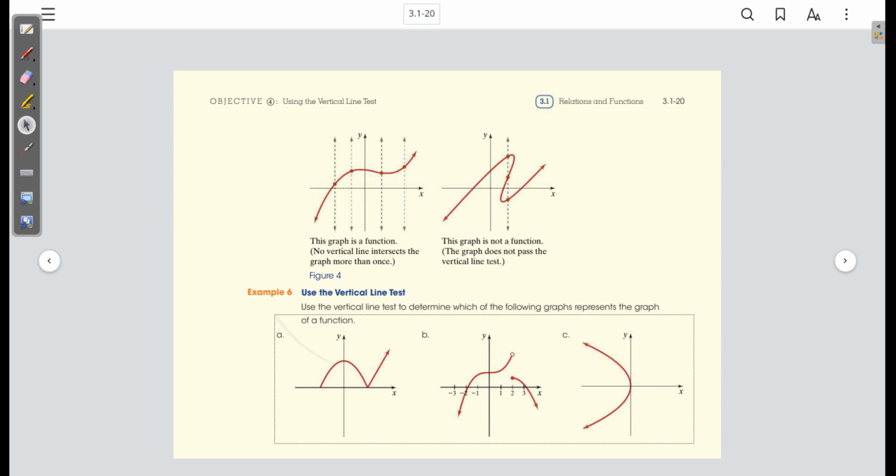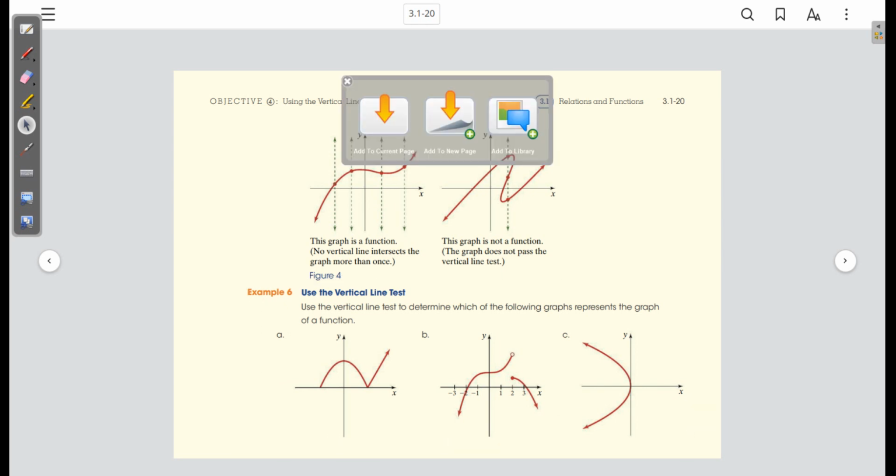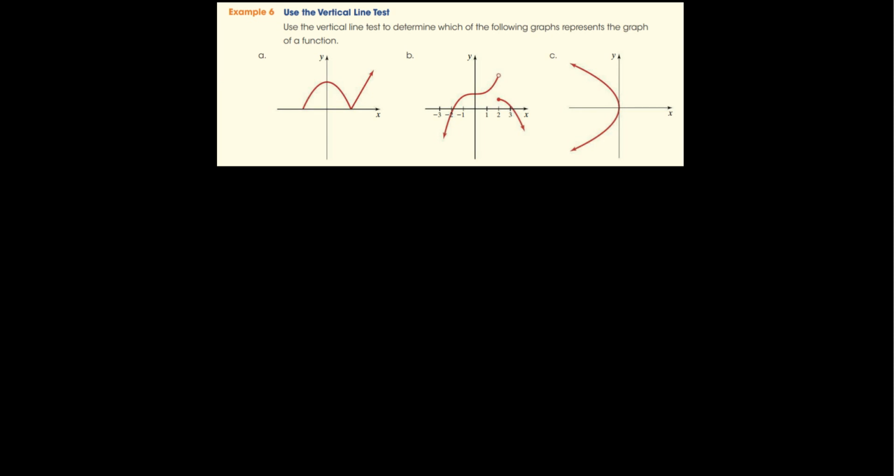let's go ahead and look at this. New page. Use the vertical line test. So looking at this graph, A, B, and C. Is A a function? Well, if I were to just take a vertical line everywhere, it looks like a function to me, right? So yes. B, it might appear that if we put a vertical line right here, that's a good vertical line. If we put a vertical line right there, then we're crossing the graph in more than one place,